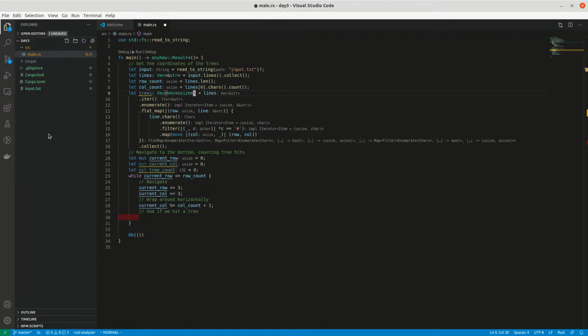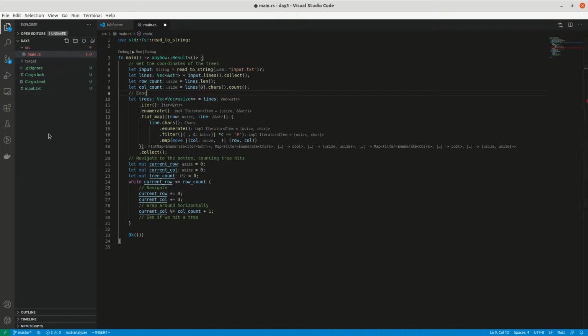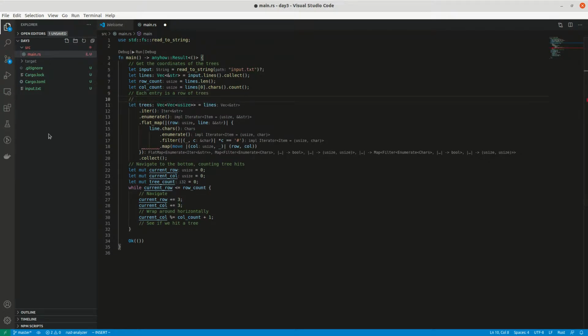And don't need that anymore. So each entry is a row. Let me just write it down. Each entry is a row of trees, containing a vector of the columns